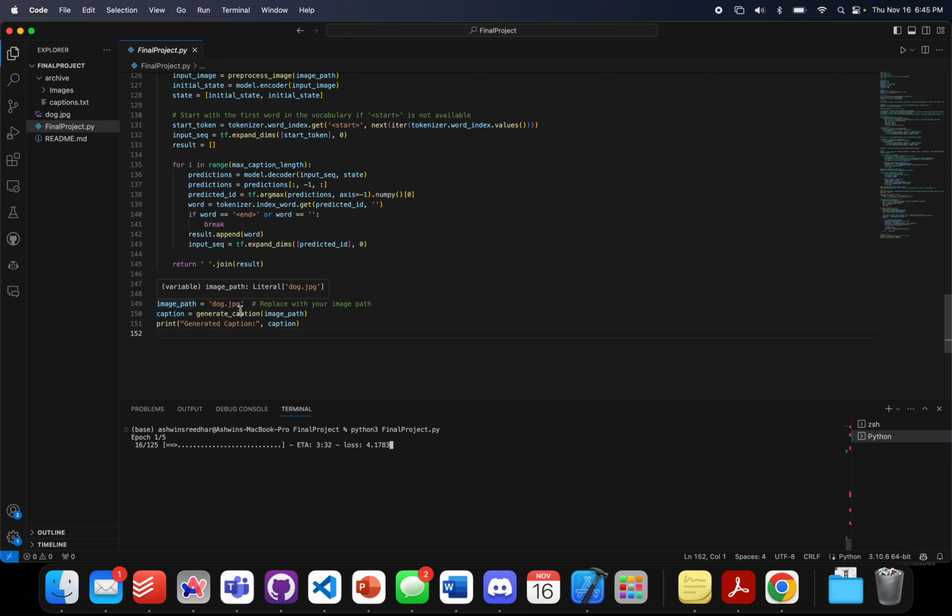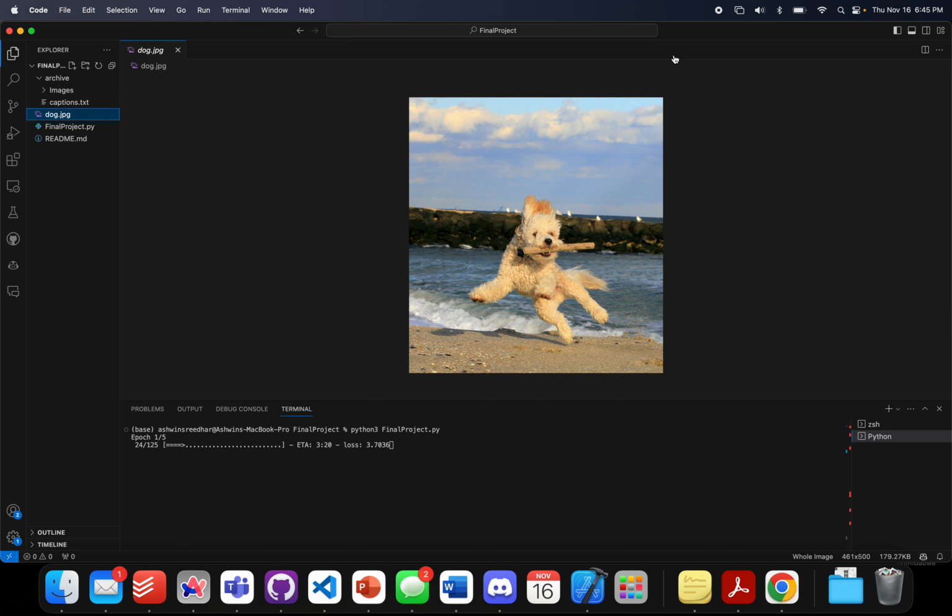And you can always import your own image file and try to generate a caption for that. This dog file is just an example. But yeah, so that's my project. Thank you for listening. Here's a picture of the dog again. And yeah,